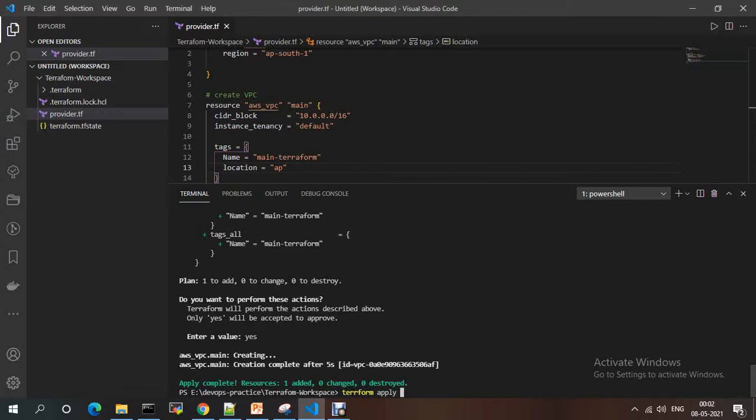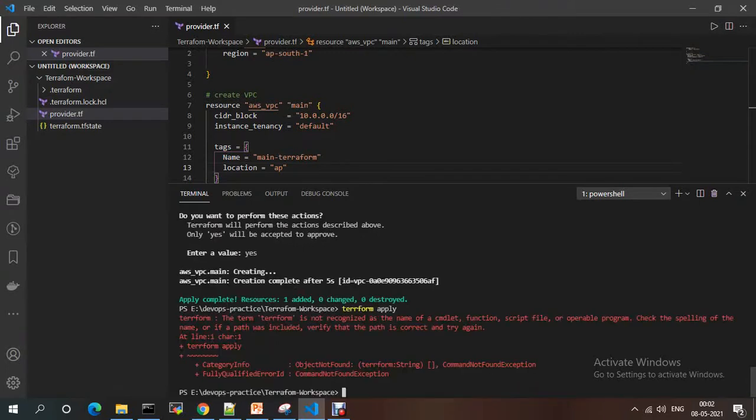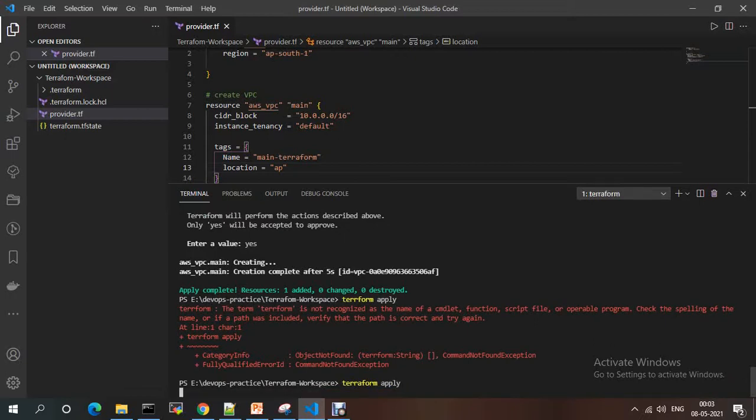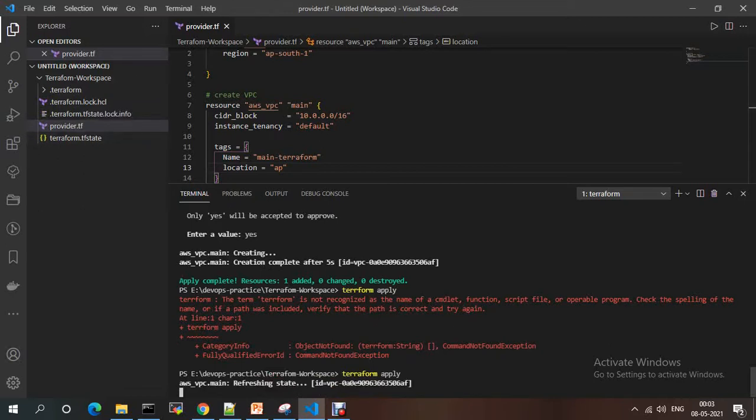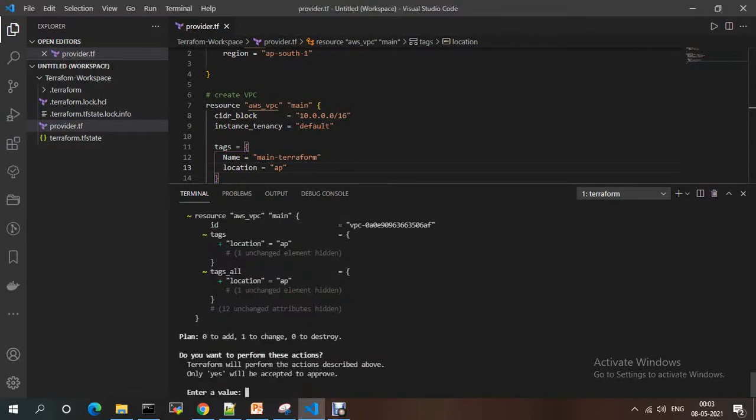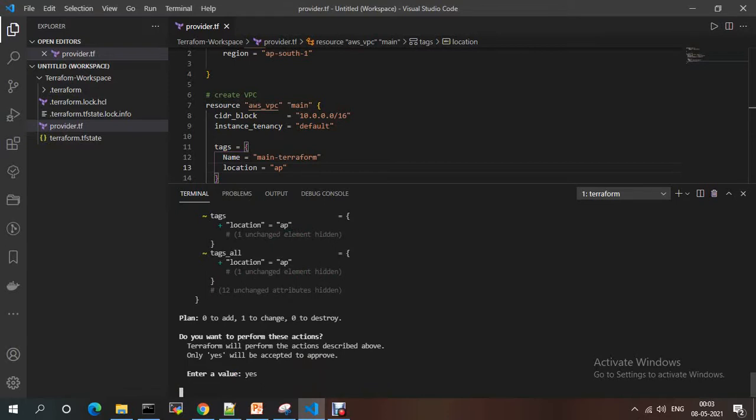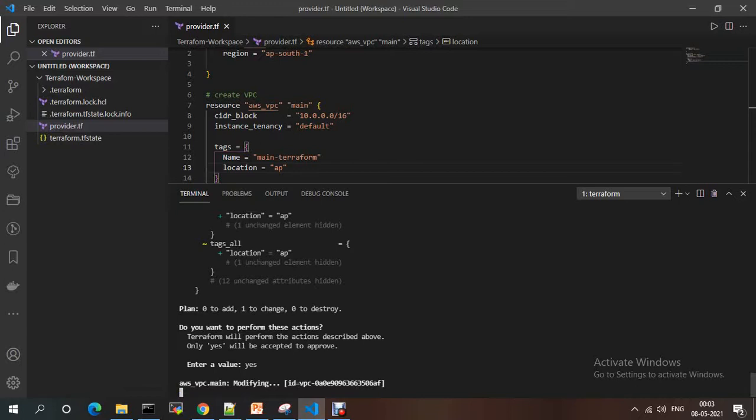Every time it will be asked. Every time you apply Terraform, it will update the state file. You just need to provide the action. If you provide yes, it will approve the changes. Other than that, if you enter any other key, it doesn't take that.